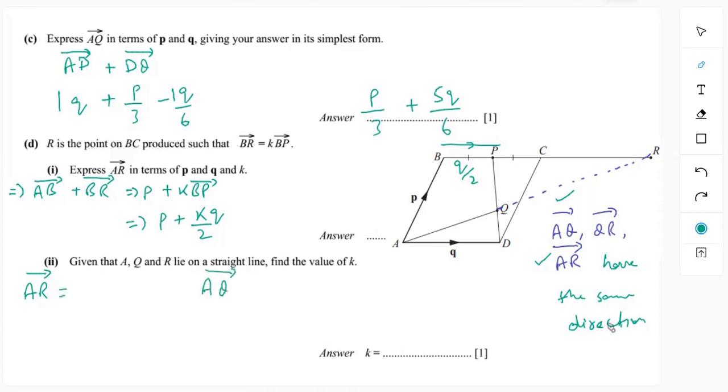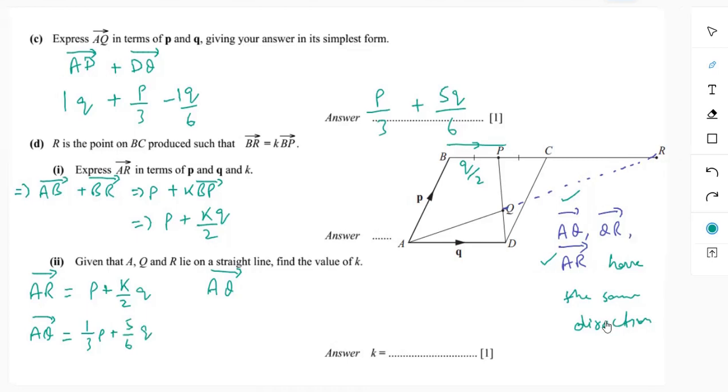AR क्या था? AR was P plus K over 2Q. So P plus K over 2 times Q. और AQ को नीचे लिख लूं अगर मैं, तो that might be easier. So let me write AQ here. AQ हमारे पास क्या है ऊपर? That was 1 over 3 times P plus 5 over 6 times Q. ठीक है? Now, since these are parallel vectors,